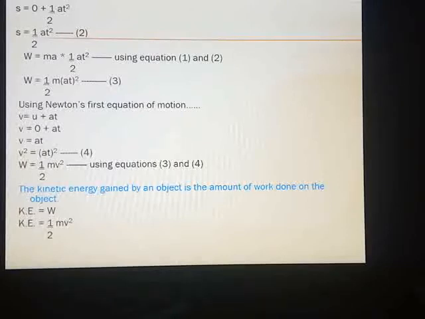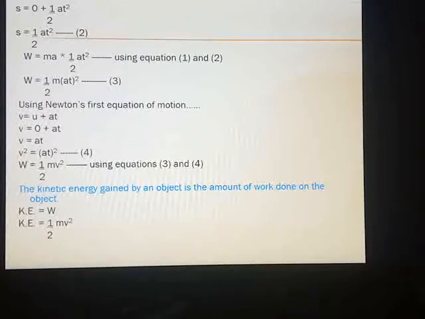So this is the derivation for kinetic energy of any moving object, and this formula can be used to solve the numerical examples which are based on moving objects. At the same time, this entire expression should also be learnt by you thoroughly, because it can be asked as a 5 marks brief question.